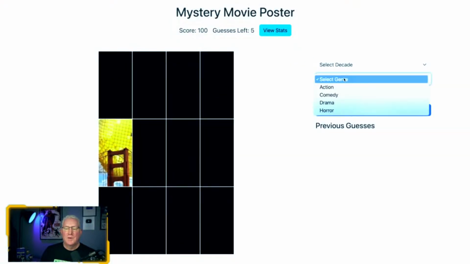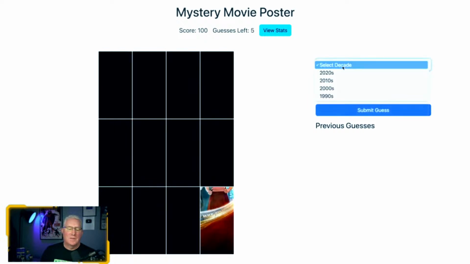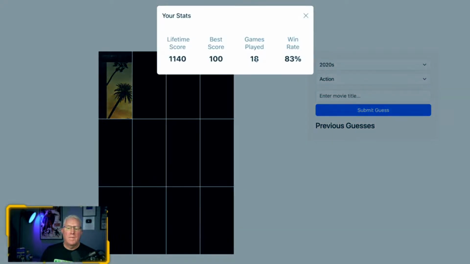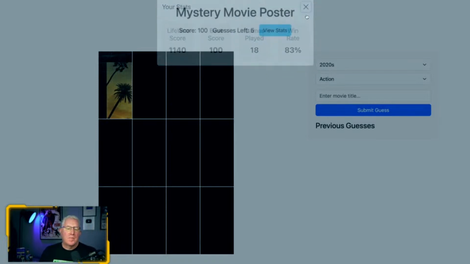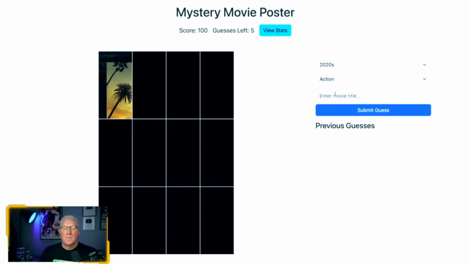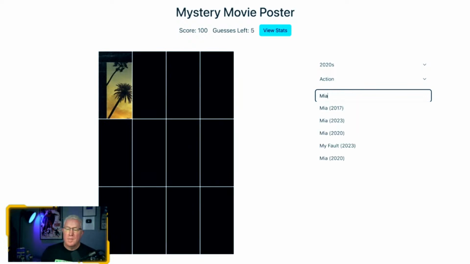But there you go. So the mechanics of this worked. Look, it actually made something that's cool. Yeah. Click this stats button too, Bobby, because that was interesting as well, because that actually worked as well. Look, it gave us the stats. Some of the things that we changed from the original version: the stats were showing on the screen, and we put them in a modal, and it was like, sure, I can do that, and it put them in a modal. The type ahead worked out of the gate.